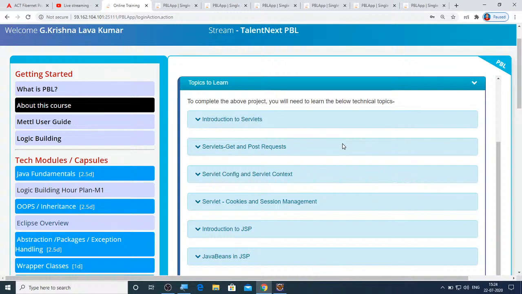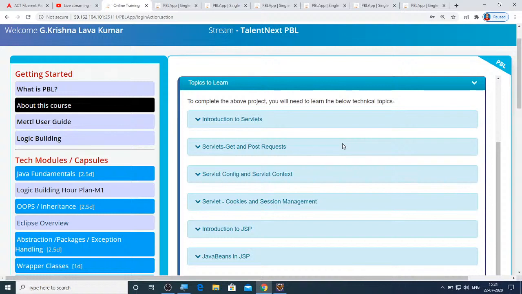And coming to the second method, service. How many times it will be invoked depends on how many times the client requests. As many times as the client makes a request, that many times the service method will be invoked.